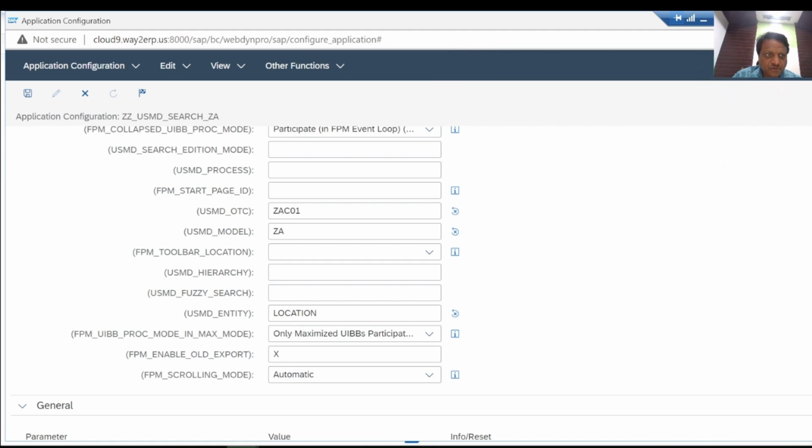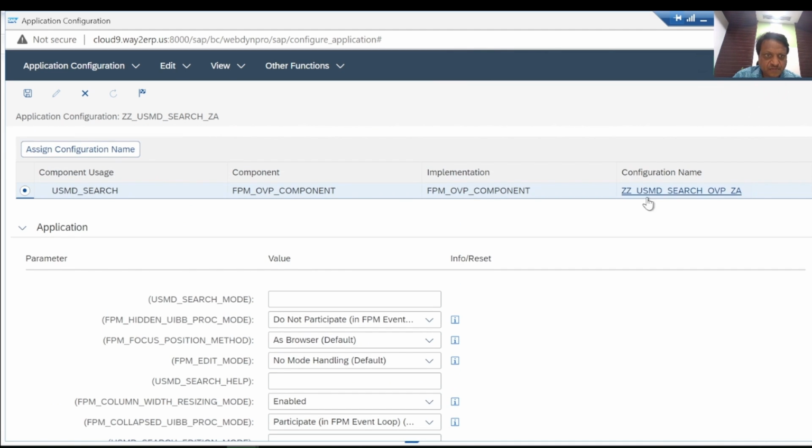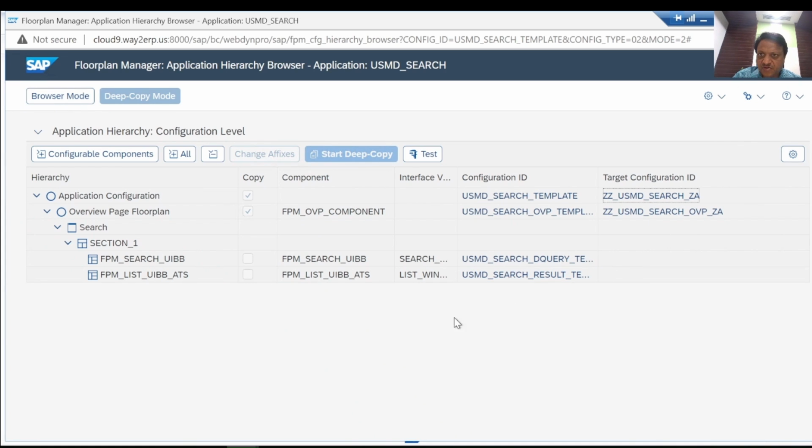Once we save this, we can close this screen and come back to the application hierarchy screen, and from here let's open the UI configuration, and in the UI configuration let's navigate to